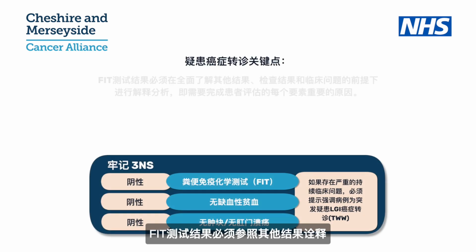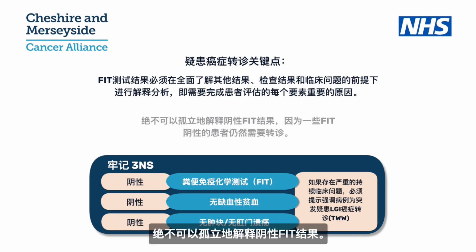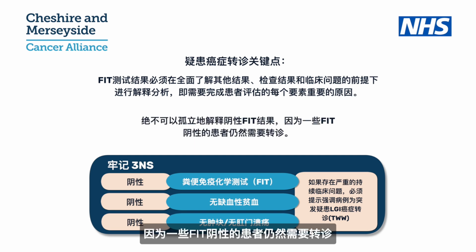FIT results must be interpreted in the context of other results, examination findings and clinical concern, which is why it is so important to complete every element of the patient's assessment. Never interpret a negative FIT result in isolation, because some patients with a negative FIT still need to be referred. You may think of the 3 N's: a negative FIT, no iron deficiency anaemia, and no mass and no anal ulceration. These patients only need to be referred on a suspected lower GI referral pathway if there is serious